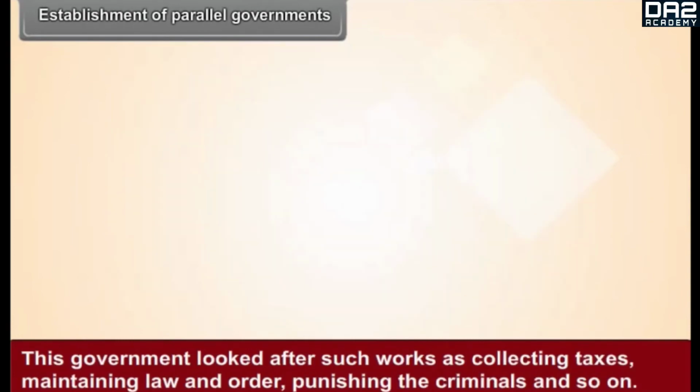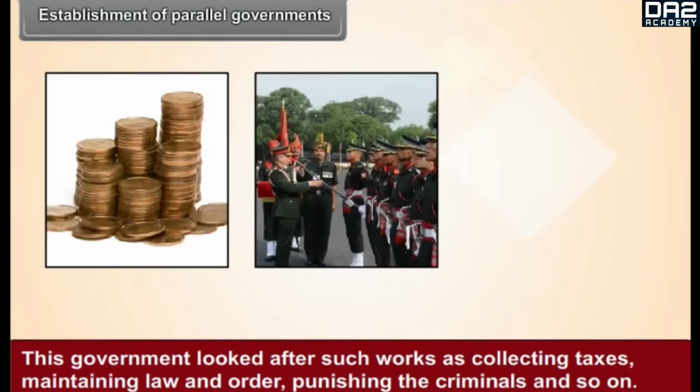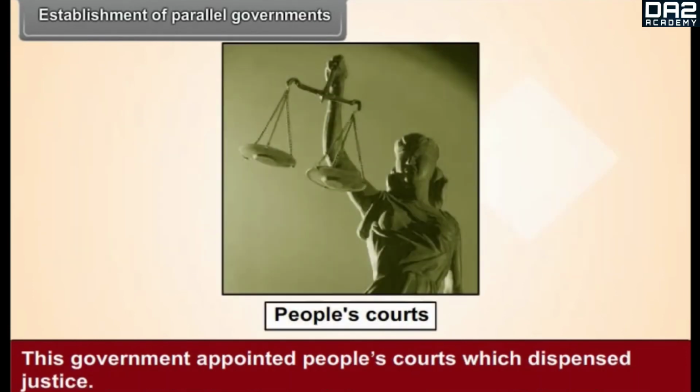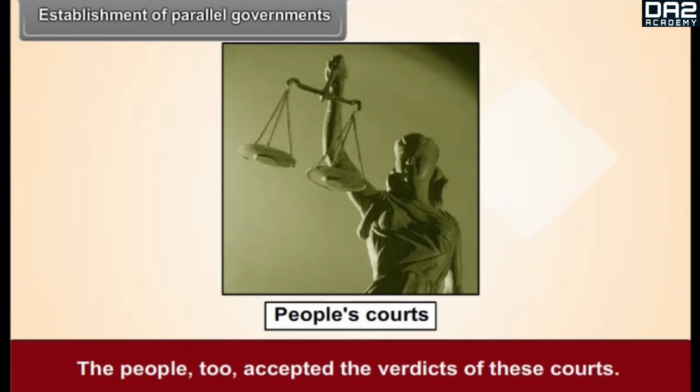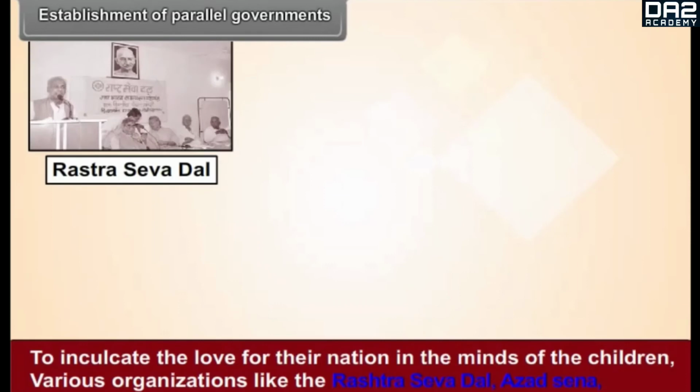This government looked after such works as collecting taxes, maintaining law and order, punishing the criminals and so on. This government appointed people's courts which dispensed justice. The people too accepted the verdicts of these courts. To inculcate the love for their nation in the minds of the children, various organizations like the Rashtra Seva Dal, Azad Sena,